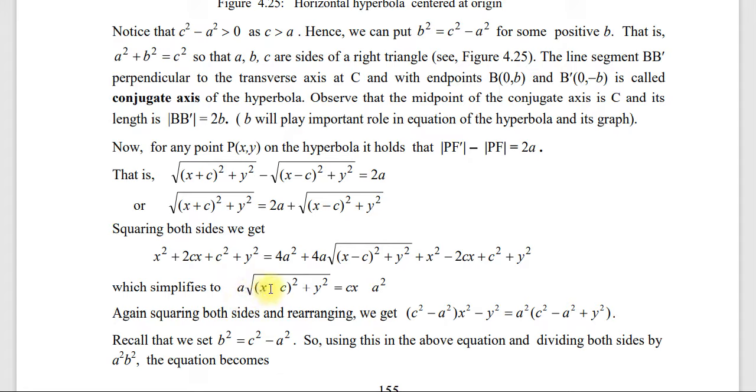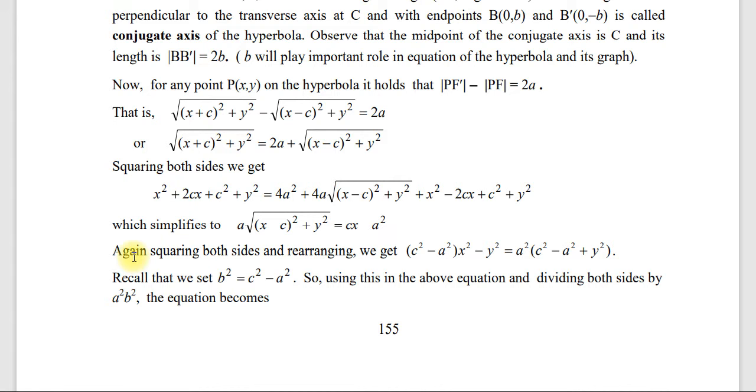ስለዚህ የሚጣፋ ይጣፋና ሲምፕሊፋይ ሲደረግ a times root of (x minus c) whole square plus y which is equal to cx plus ምን ይሆናል? a square. So again squaring both side and rearrange we get, አሁን ይሄን both side ስኩዌር እናደርገዋለን ራዲካሉን ለማጥፋት።